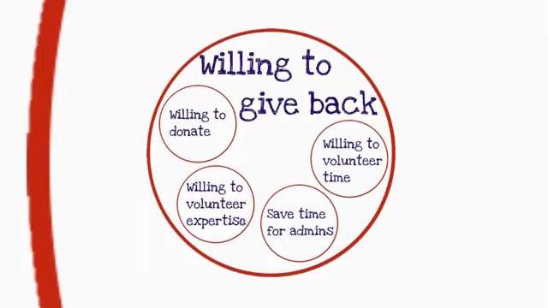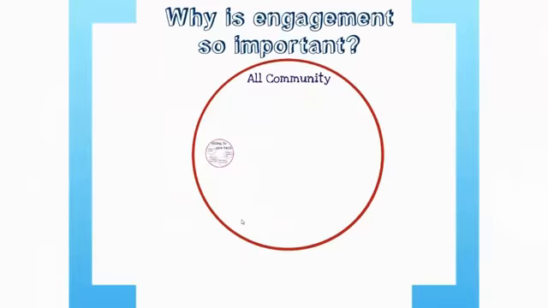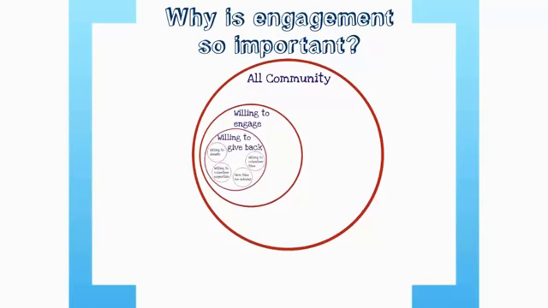The point we're trying to make with the potentiality system and our philosophy on engagement is that all those people who are willing to give back are a subset of the people who are willing to engage. So the philosophy is that if you focus on engaging them first, then you have all the time in the world to then try and get something back from them. If you go for the ask straight away, you're going to alienate a lot of people, and it won't be overly successful. But if you focus on engaging first, and over time develop a relationship and get them engaged in the community as a whole, then the ask is going to be a whole lot easier. That will increase the number of people willing to give back. And so